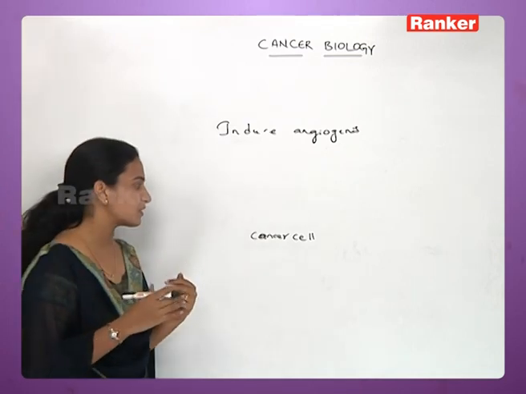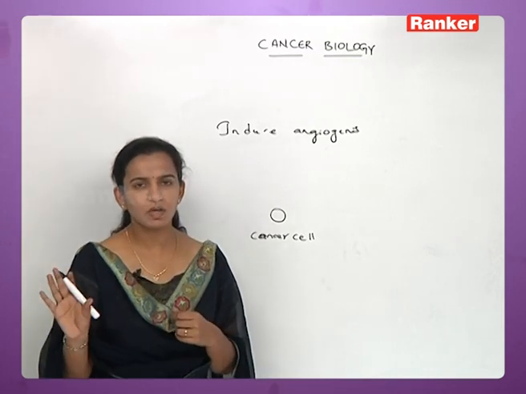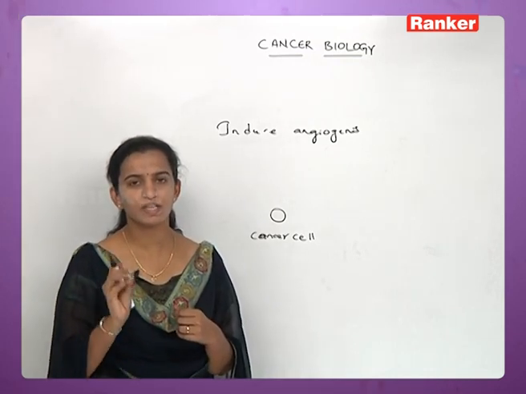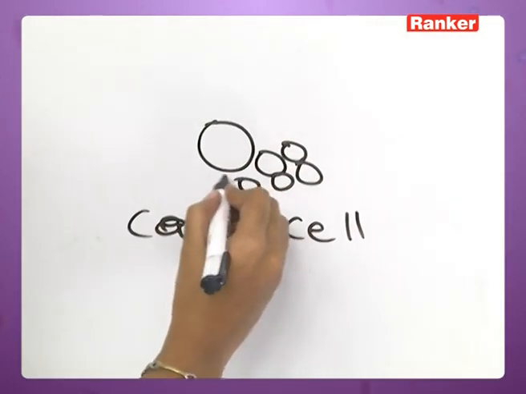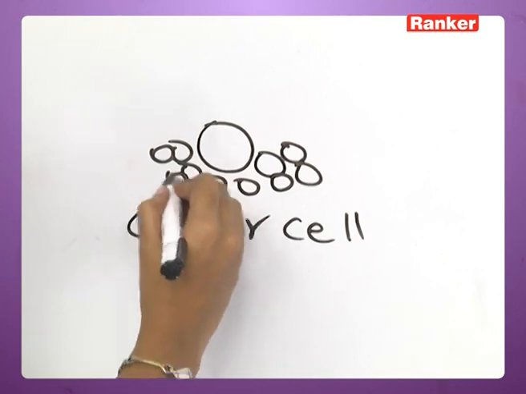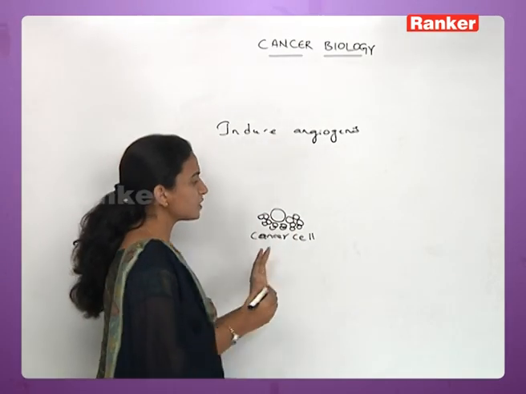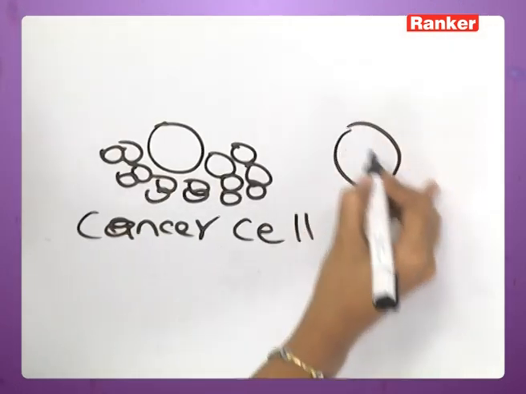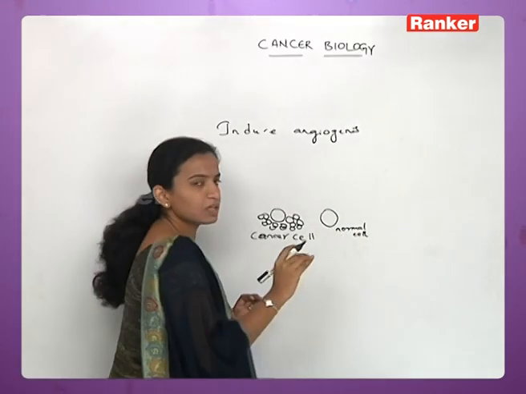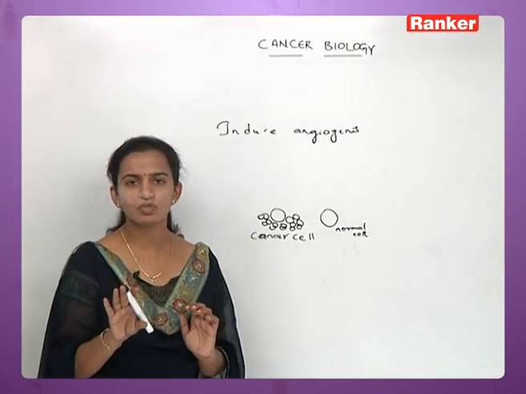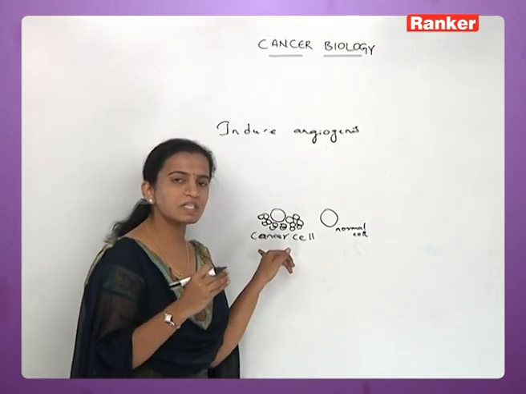So what happens here is that, see, there is a cancer cell here and it doesn't have any work. Its only work is to eat and divide. So it starts dividing here. There is a normal cell which is present beside it. It's a normal cell. Now it is not going for any sort of division. Nothing is taking place here. But in a cancer cell there is a tremendous division.